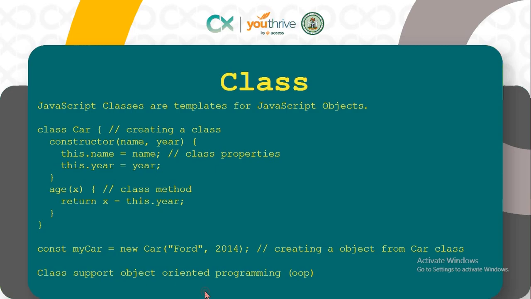So in this video you're going to learn about classes. So what is a class in JavaScript? JavaScript classes are templates for JavaScript objects. So a class is like a template for an object. Now to explain that